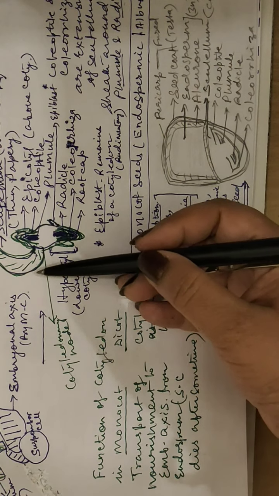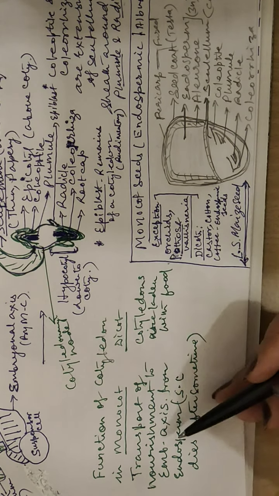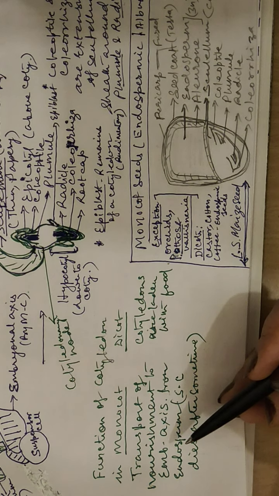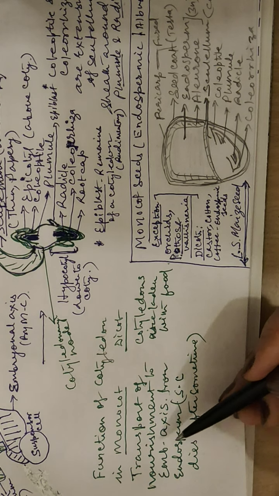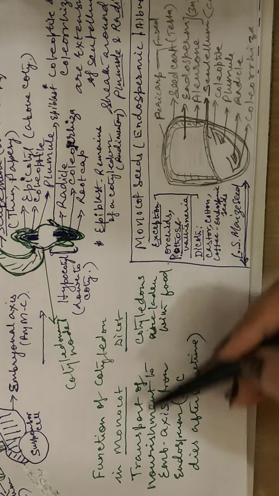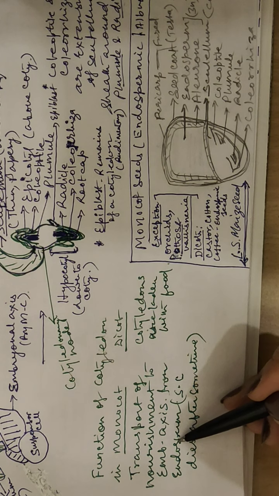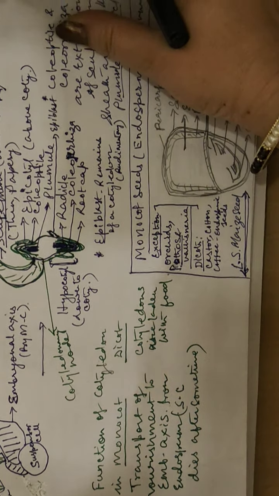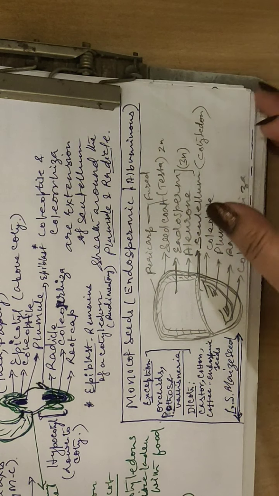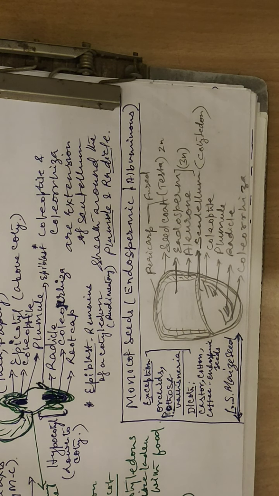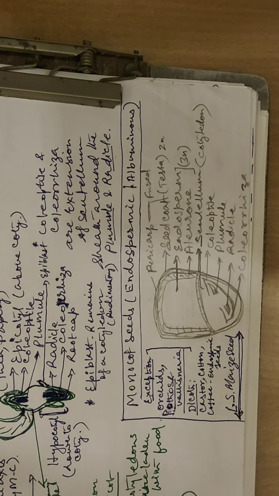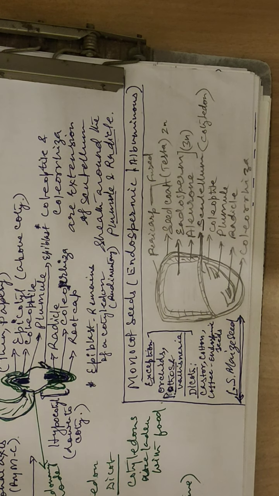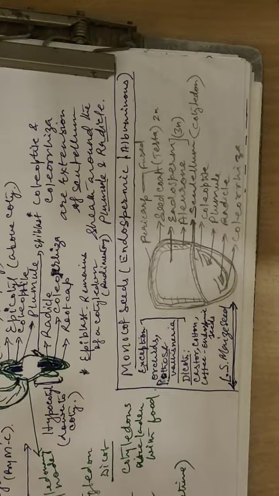So therefore there's a large amount of endosperm that remains in the seeds of monocots, and eventually you call the monocot seeds endospermic or albuminous. So the cotyledonary functions in the dicot and monocot are different. So this is one point, and of course the seeds are also different. So let us understand the seed. The seed of the monocot is quite different from the dicots.